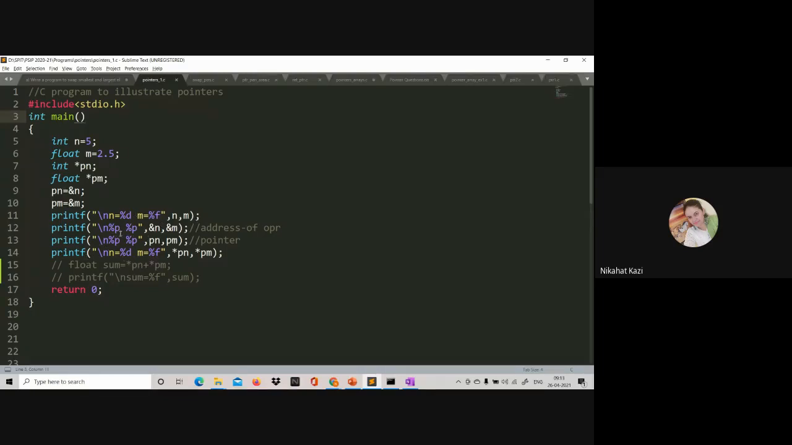If you want to print the address, what is the placeholder that you can use? %p for pointer, you can use %x for hexadecimal, you can use %u for unsigned int. Since addresses are absolute, positive values, they're unsigned integers, right? So you can use any of these in the placeholder. Now if I run this example,